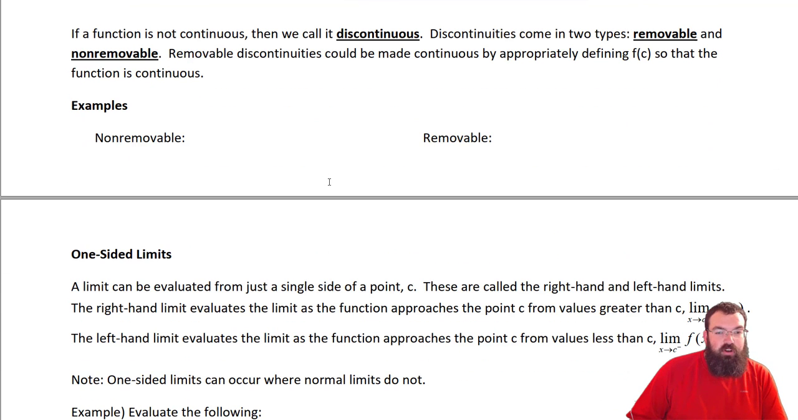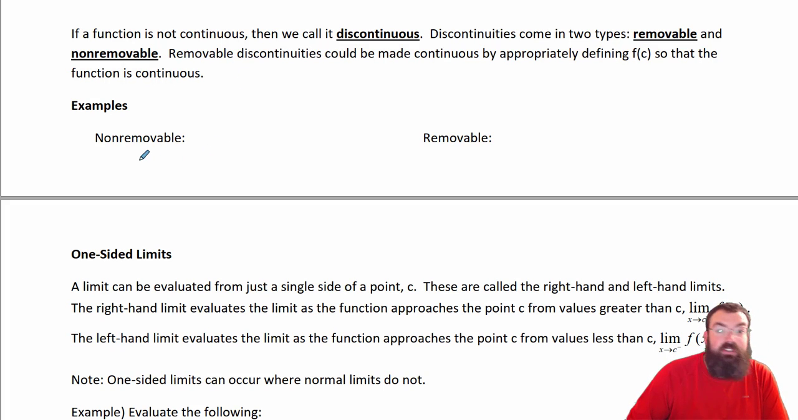Okay. So if a function is not continuous, then we call it discontinuous. Discontinuities come in 2 types, called removable and non-removable. A hole is called removable. Removable discontinuities could be made continuous by appropriately defining f of c so that the function is continuous. What does that look like? So a